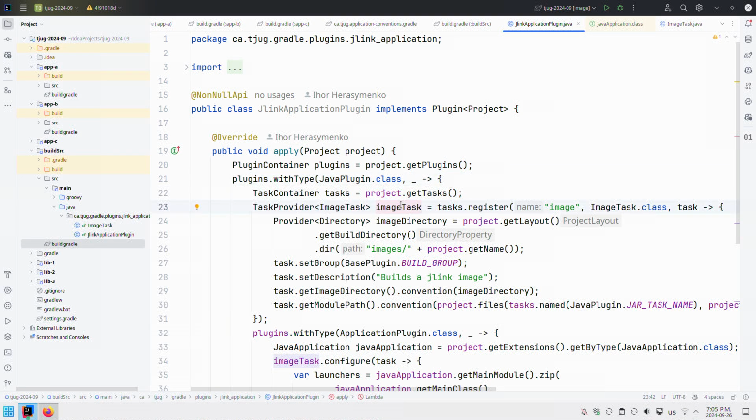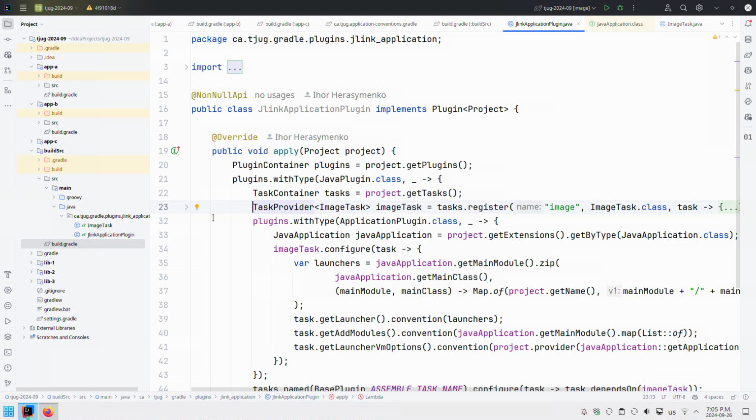I, again, register a new task. Essentially the same API, it's just Java now. I give it a name. The output directory I inferred from the project name, so I don't need to specify it manually. I set the group, set the description, set the module path, and yeah, this is our task. But this task lacks the two important parts: the main module name and main class name. So that we're gonna infer from